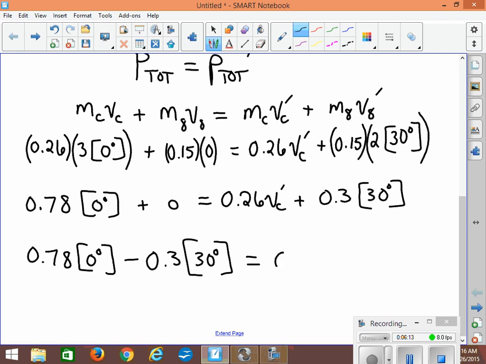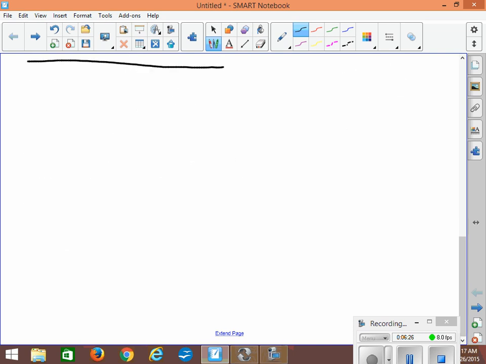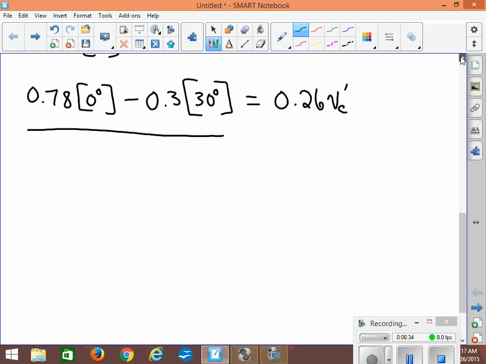And this is what we would end up with. And now, in order to do the subtraction on the left side here, we have to think about doing a vector triangle. And since it's a subtraction, we're going to do a tail-to-tail vector triangle. So, the first term, or one of them, is 0.78 at 0. So why don't I put that right here,